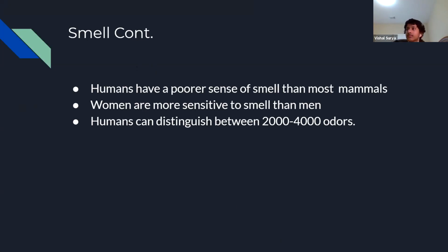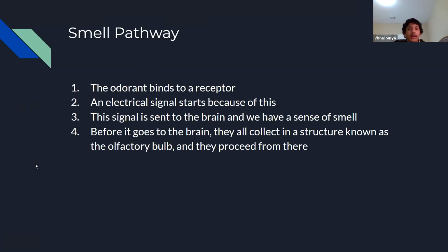Okay, now let's learn about the pathway of how smell actually reaches the brain. We have the odorant, which are the chemicals that the food releases and we smell, and it binds to a receptor in your nose. Because it binds to a receptor, it starts an electrical signal that travels through the neurons, or the wires of your brain. This signal is sent to your brain, and then we have a sense of smell because of it. However, before it goes to the brain,